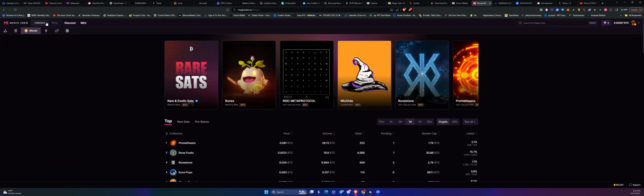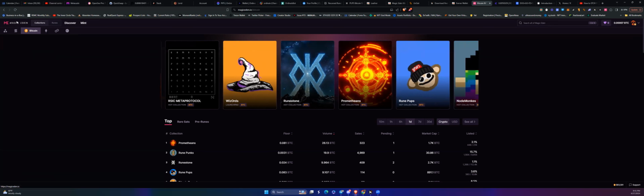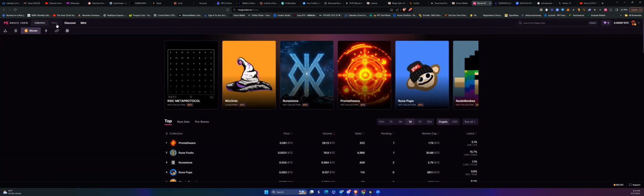So now we're gonna come up here. You see where we see the collection and rooms tab beside the Magic Eden logo. We're going to select rooms, right? And when we come to this page,